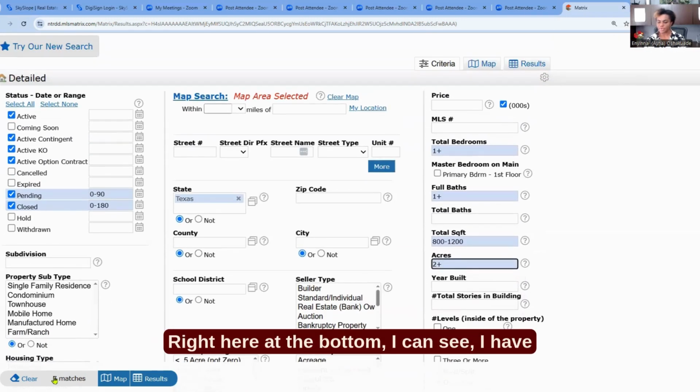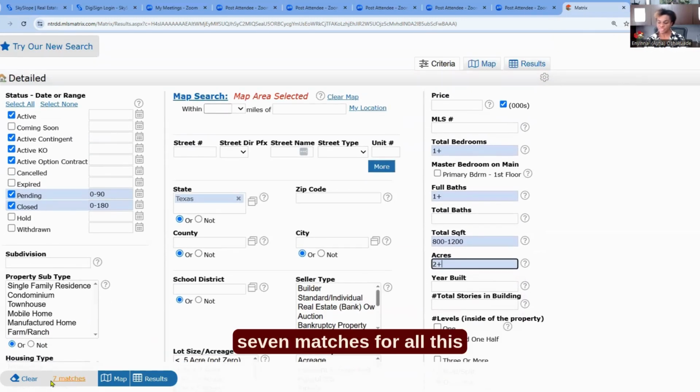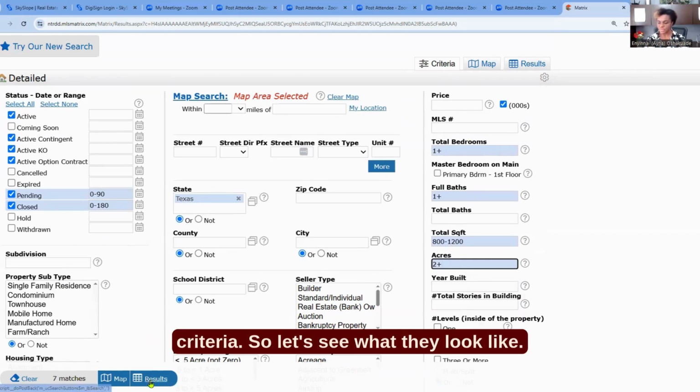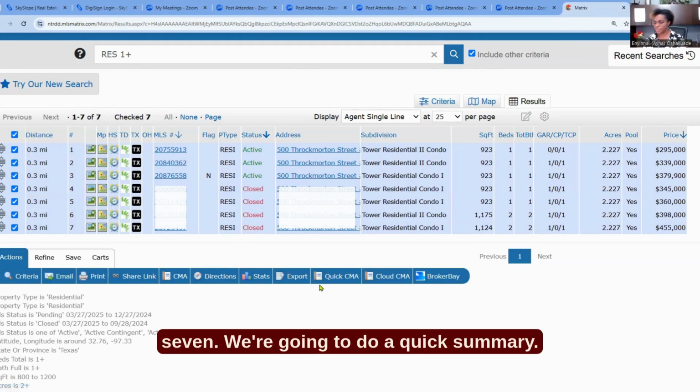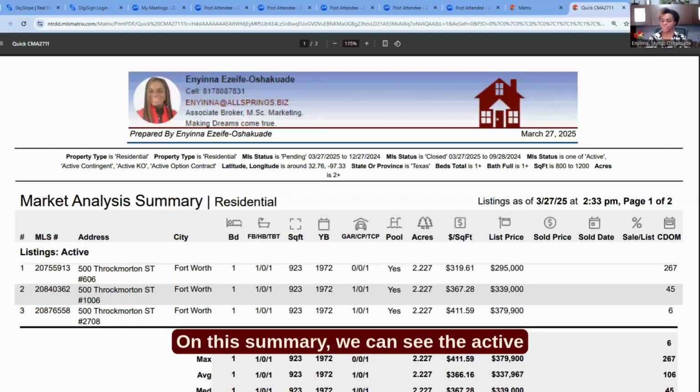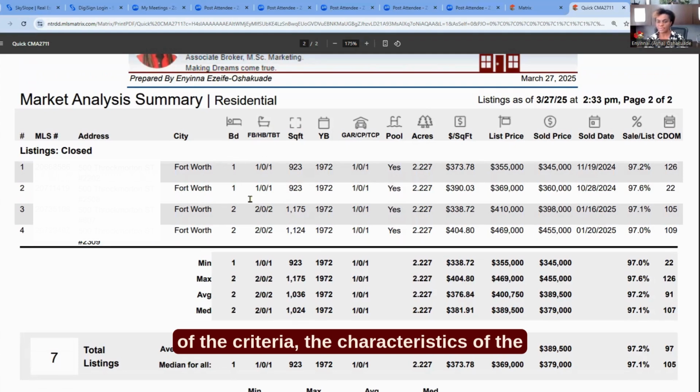So right here at the bottom, I can see I have 7 matches for all this criteria that fits my subject criteria. So let's see what they look like. And so we have all of these 7. We're going to do a quick summary. So on this summary, we can see the active properties, the criteria, the characteristics of the properties, and how